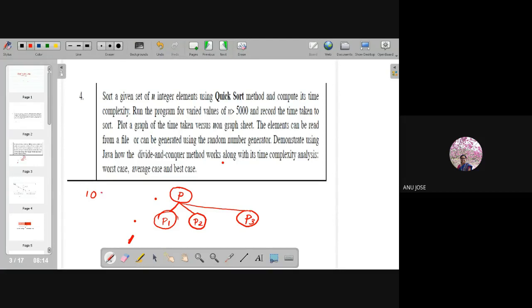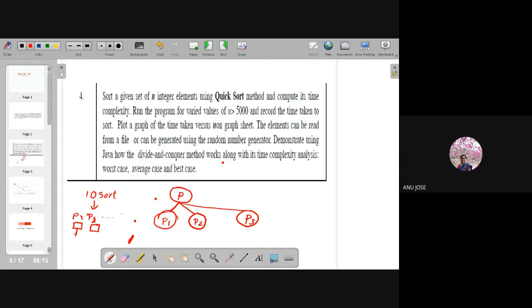What will be a smaller problem? If I divide it into 10 one-element arrays, the first array will have only the first element, the second array only the second element, like that I have divided the problem into 10 sub-problems.